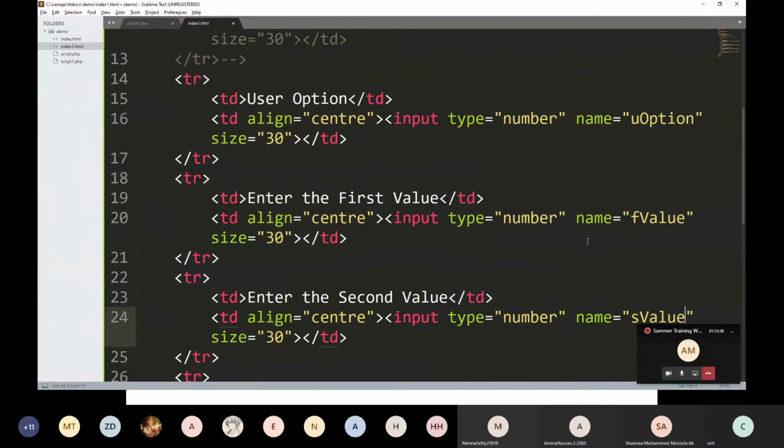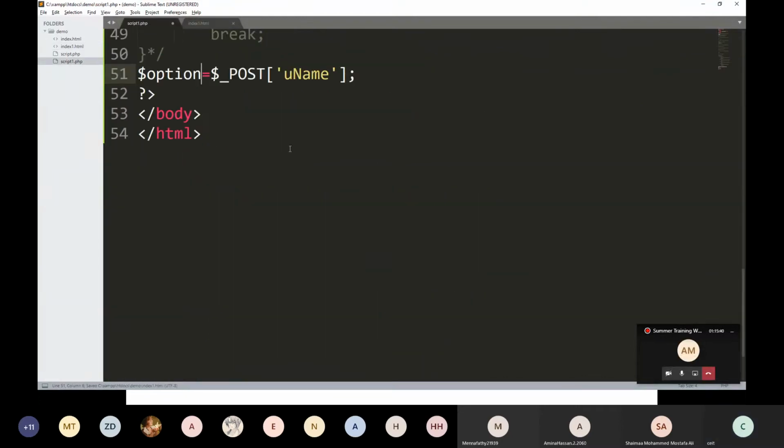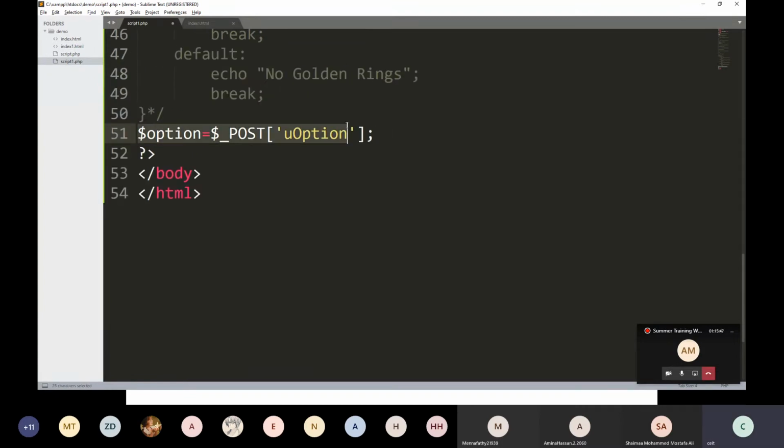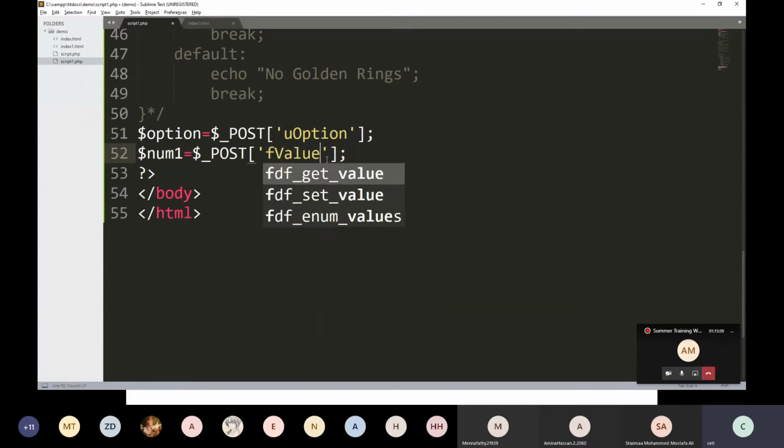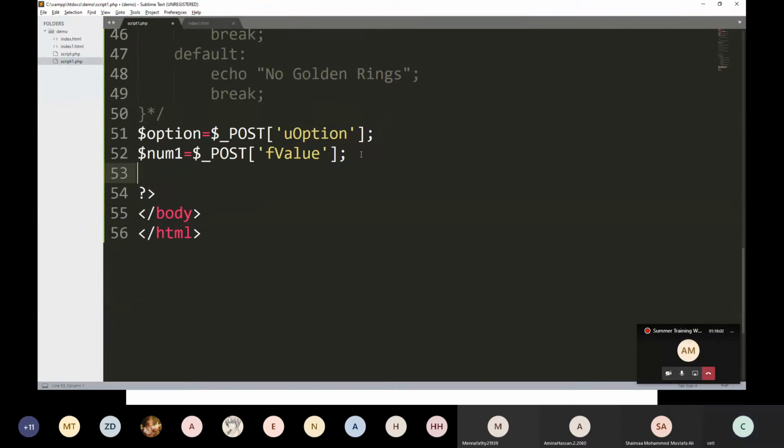Then here the user option, copy it and paste. For num1, you can write f value, and paste, num2, it is s value.